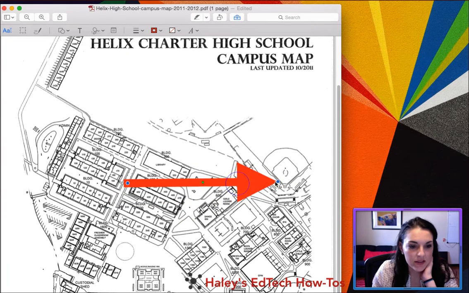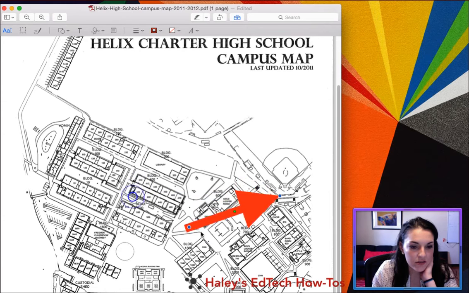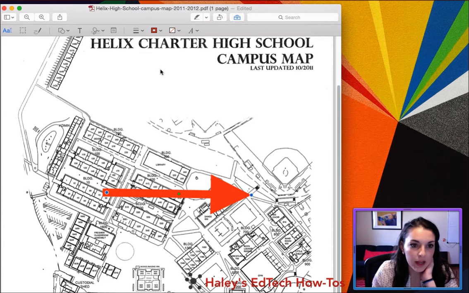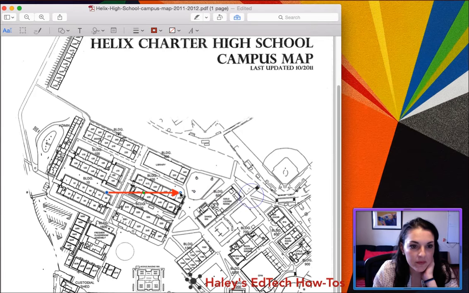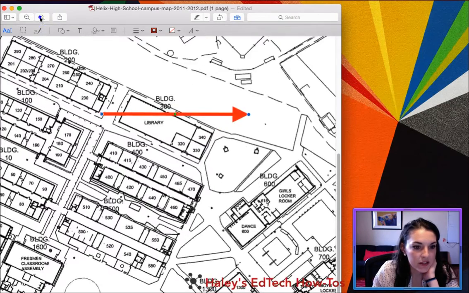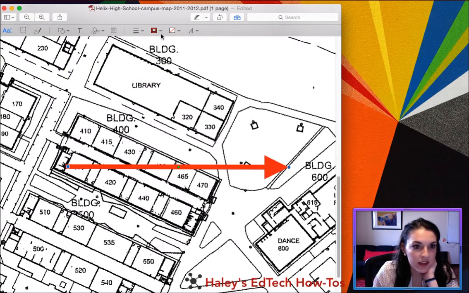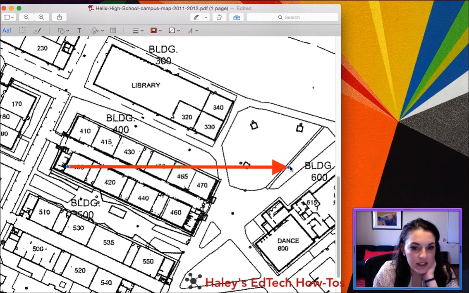Now you can stretch it, turn it, move it around. Right now this arrow is too big for my small map, so up here I can click on these little bars and choose the thickness that I want my arrow to be. Because this campus map is kind of small, I can click up here and zoom in so that I can really get down to the fine details and see exactly what I need to do. So if I'm making this one for a fire drill,